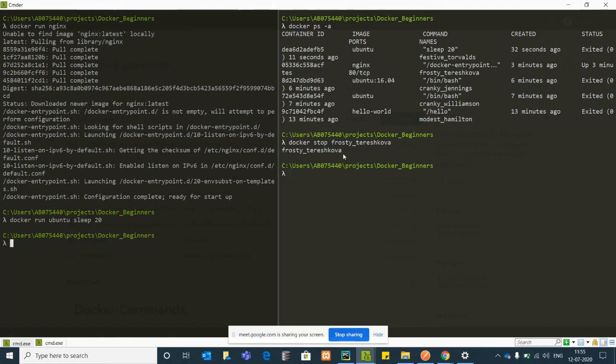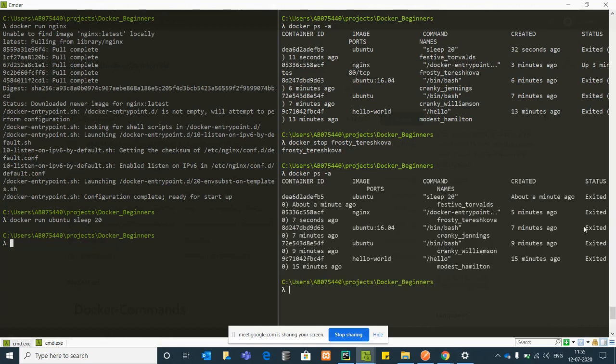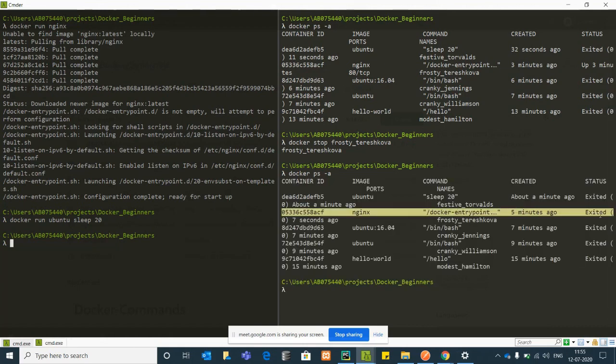It gives you the container name, which is top. Now when you check the status of all the containers, you can see the nginx container also shows in the exited mode. Okay, is it clear?